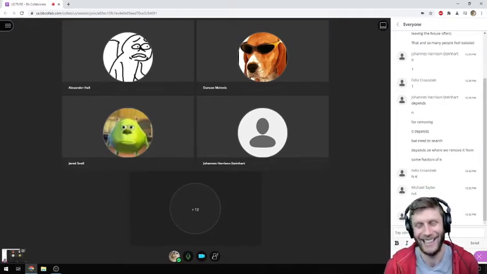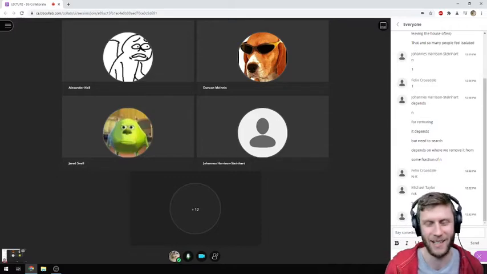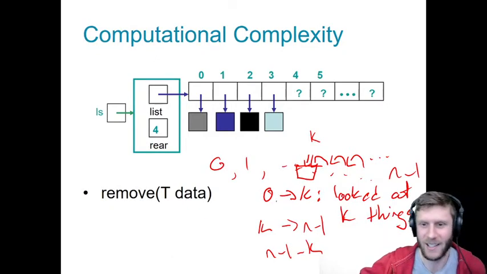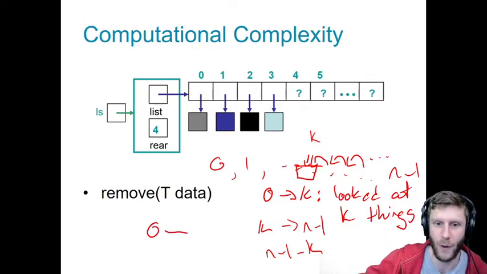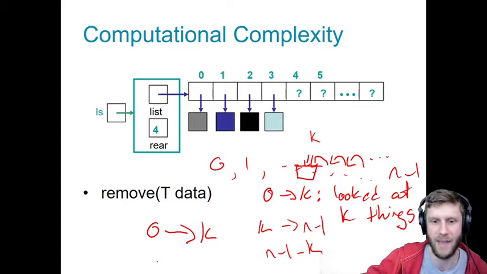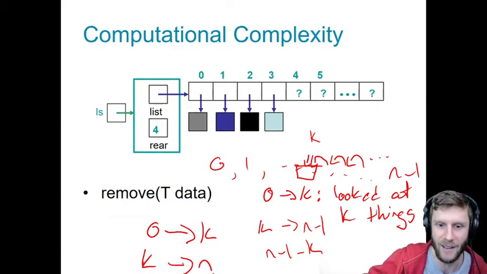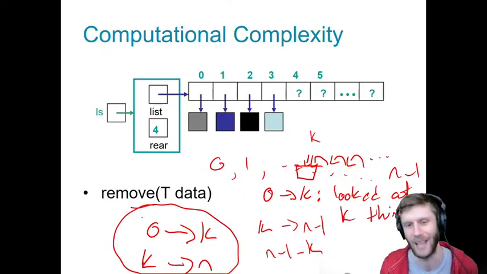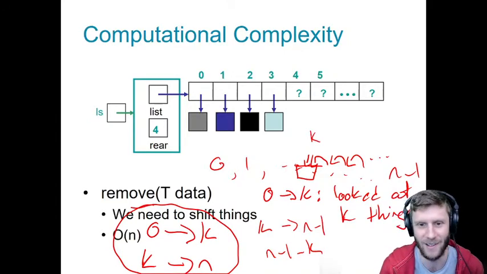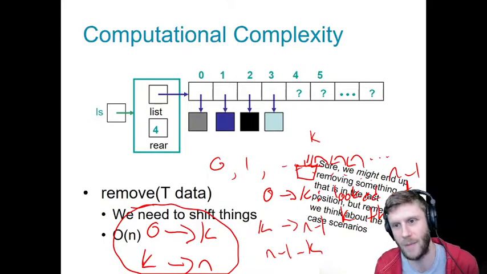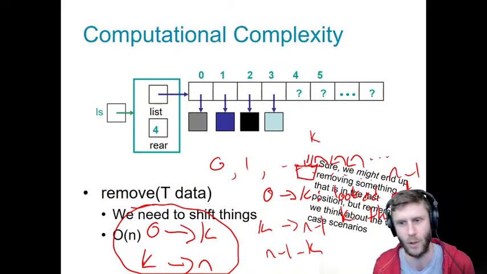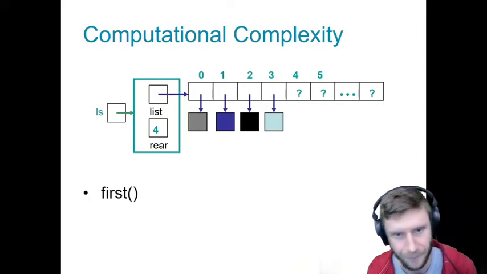Yeah. Well, you know, when we're talking about computational complexity and big O notation, you're actually right. So here's the thing. If we had to do a linear search from 0 to k and then shift everything from k to n, how many things did we move? Like, what was the total amount of work we had to do? N. We still had to do n. Sure, we might end up removing something that's in the last position, but remembering that's the worst case scenario, and we also have to search to it.